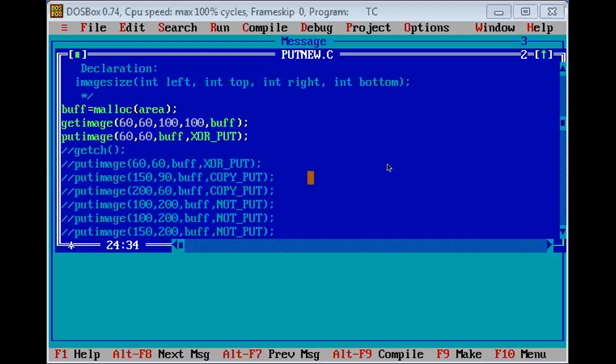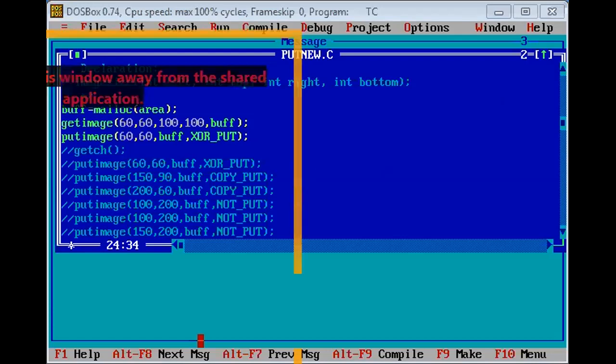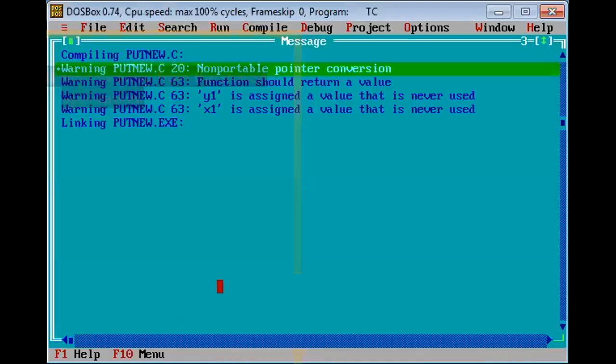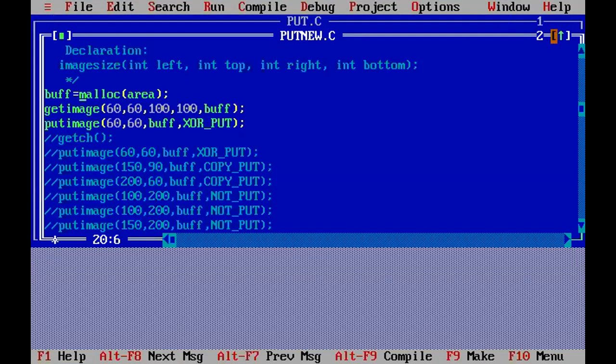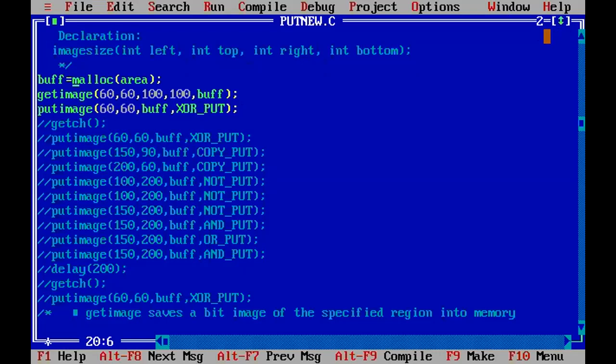So instead of showing you the program, I think I should leave this program with you to work on.